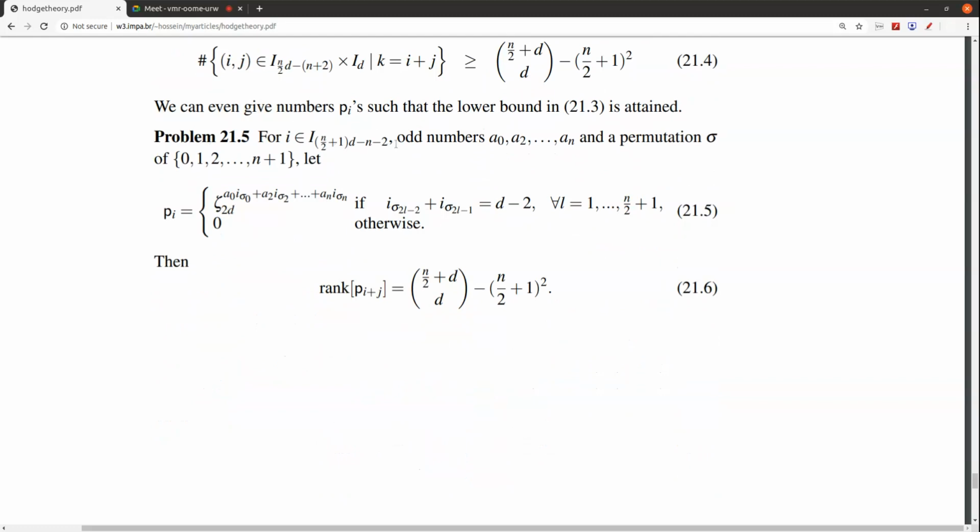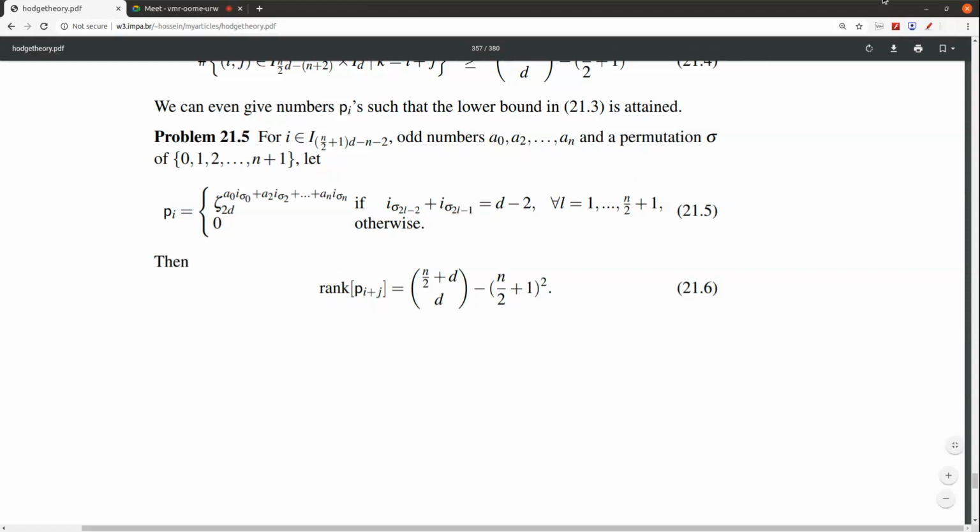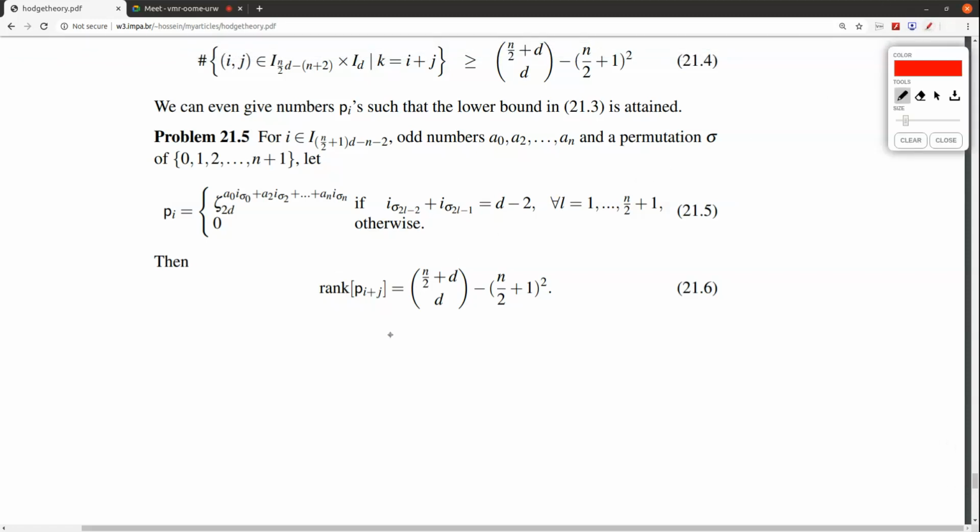So for I in odd numbers, A0 on and the permutation sigma of 0, let's define this P_I. It's a little bit ugly vector, but at the end it is possible to introduce a vector such that the rank is this one, and this problem, I don't know, I will have time to say, has to do with the periods